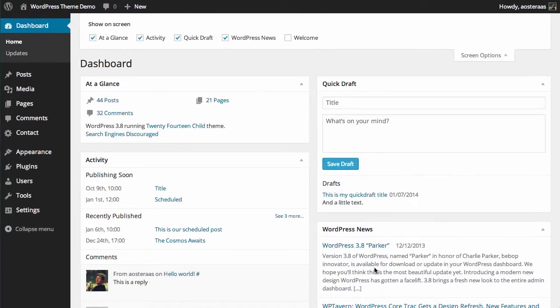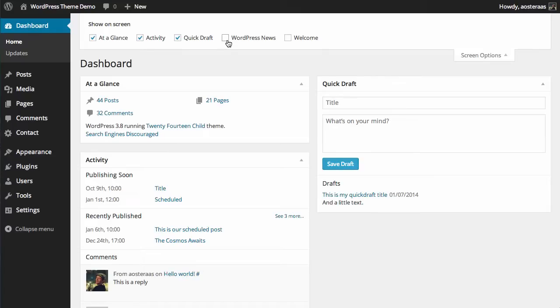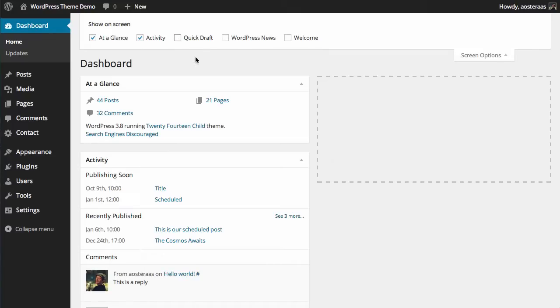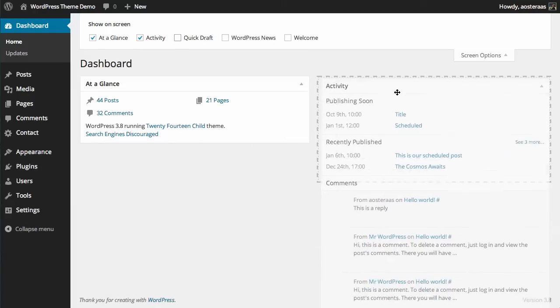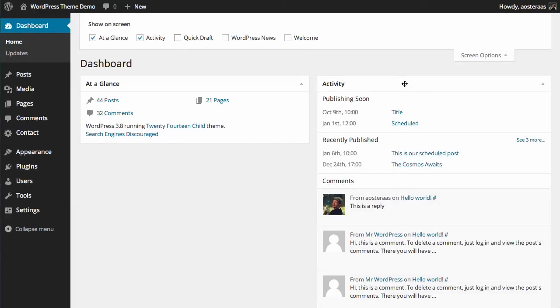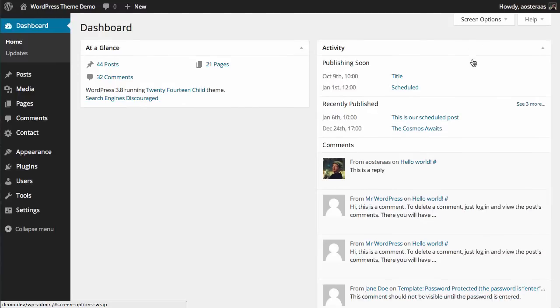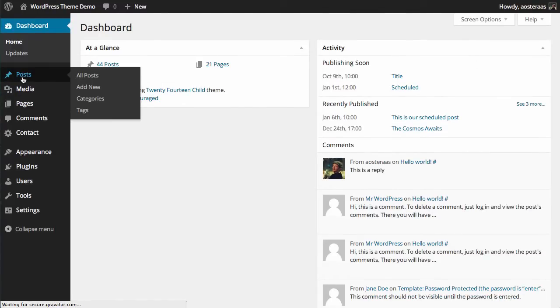Now if you wanted to remove, say, WordPress news, you would simply just click WordPress news in the screen options panel. You might also want to get rid of quick draft, so you can easily get rid of that, and perhaps you'd like to drag your activity over so you can see more in the one screen there. When you're ready to move on, click screen options again to close it, and then let's check out screen options